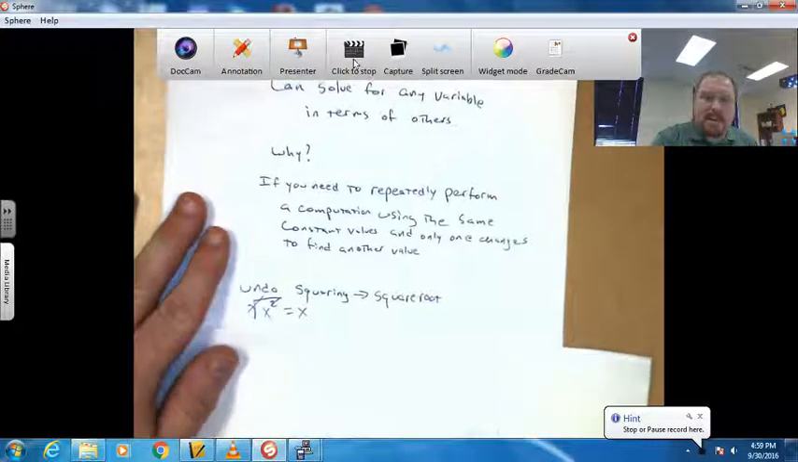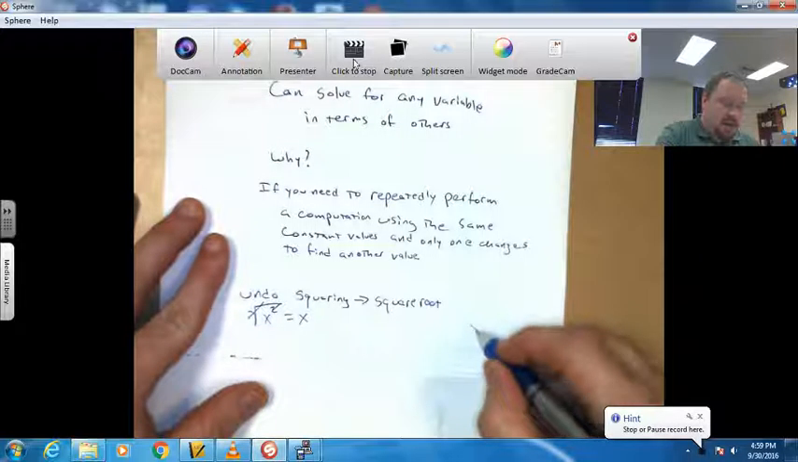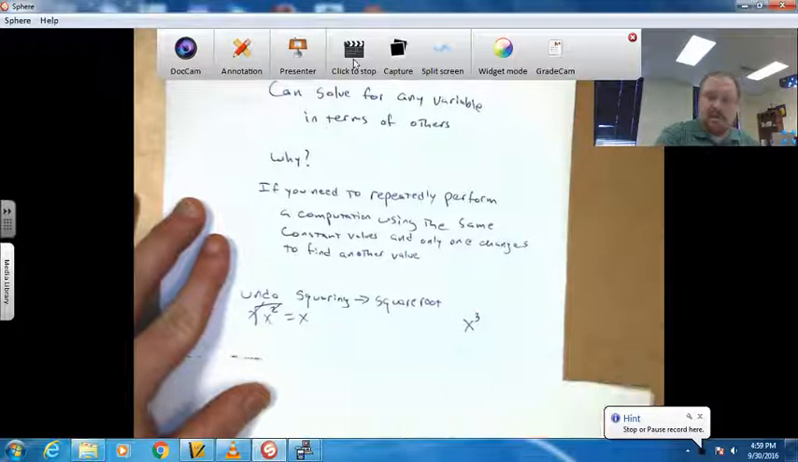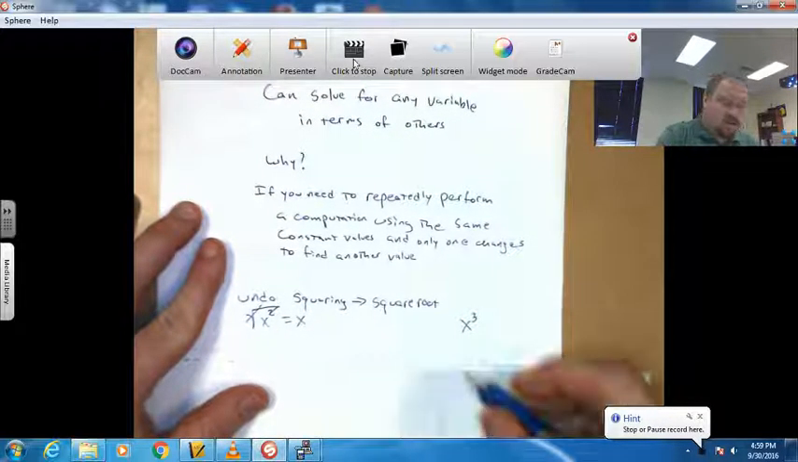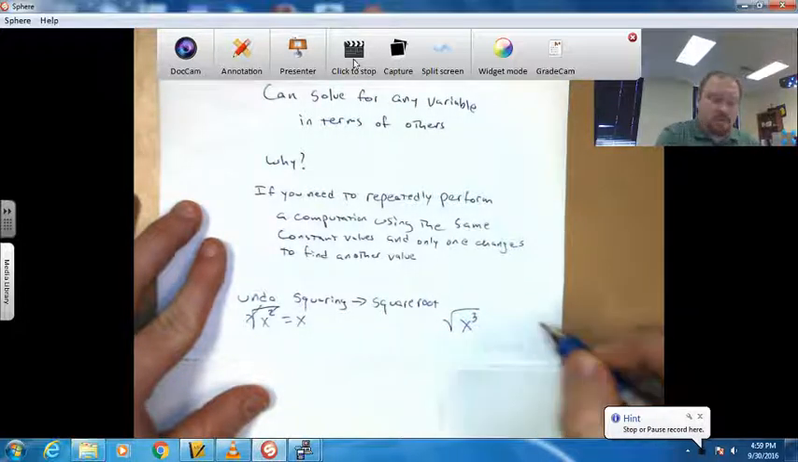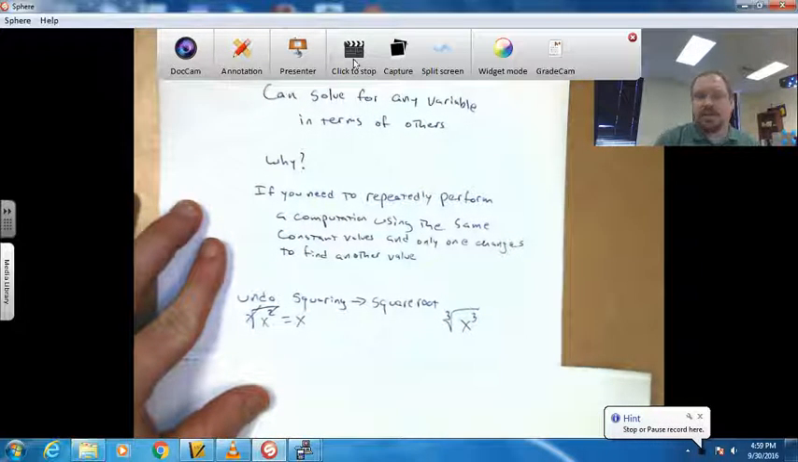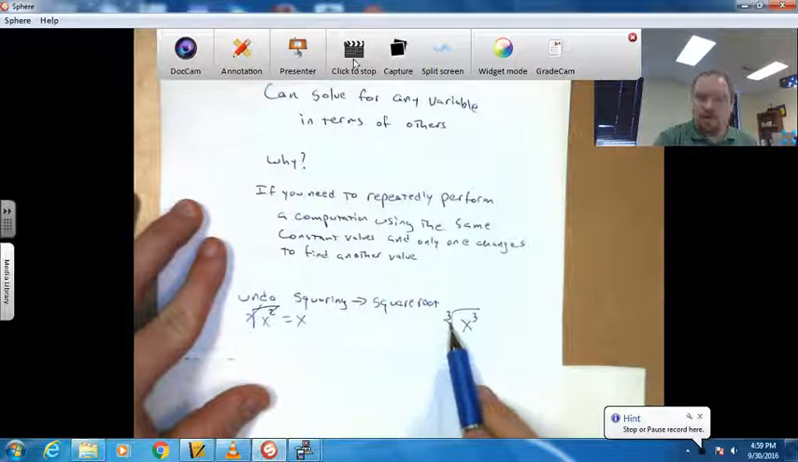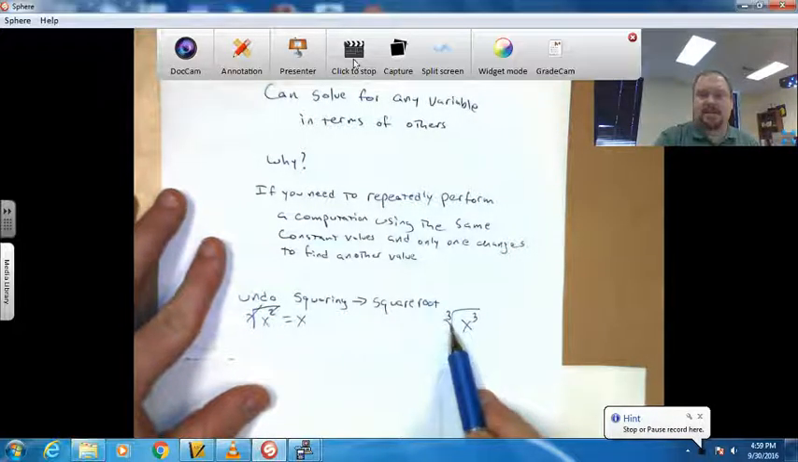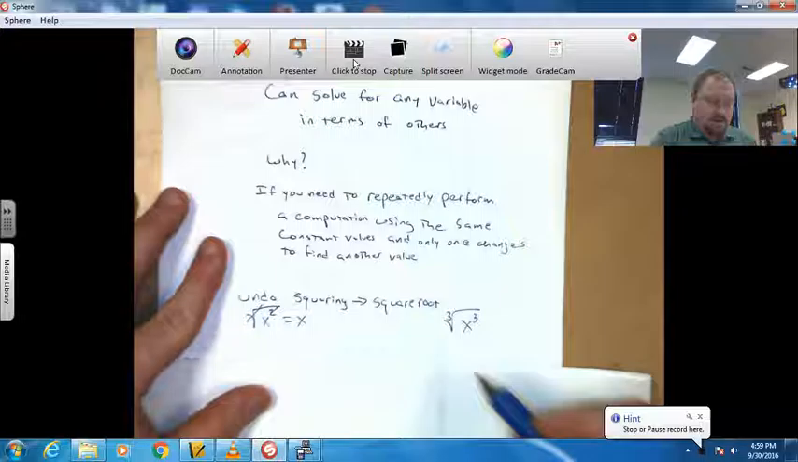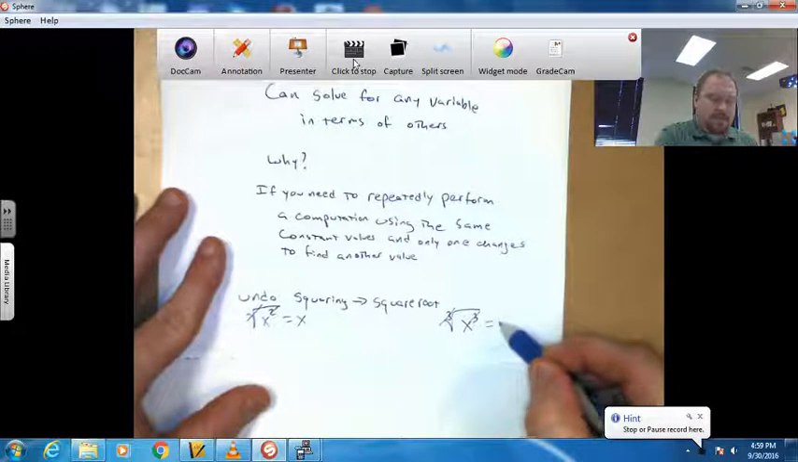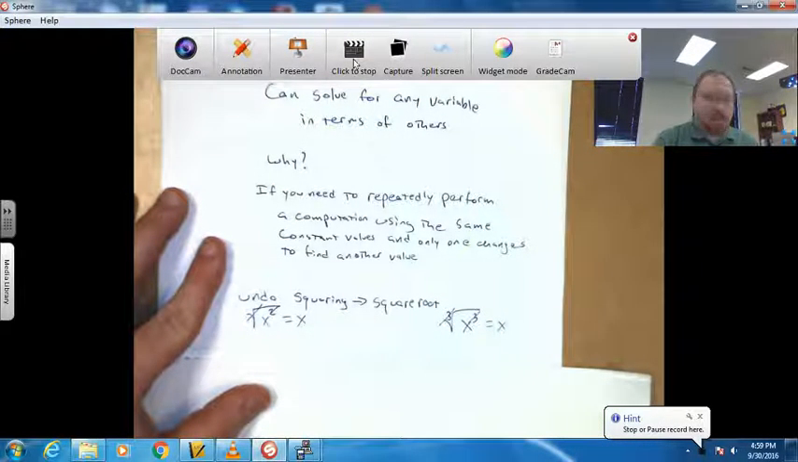Remember that a cube might look like this. But the cube root looks like this. It has the little 3 in the little corner here. They call that the index. So that would cancel, and that would leave us with just x. Okay. So guys, let's turn the page